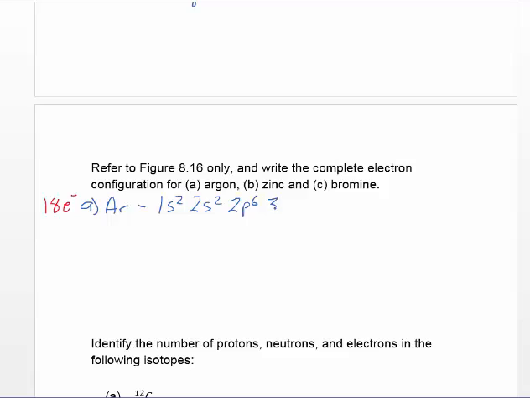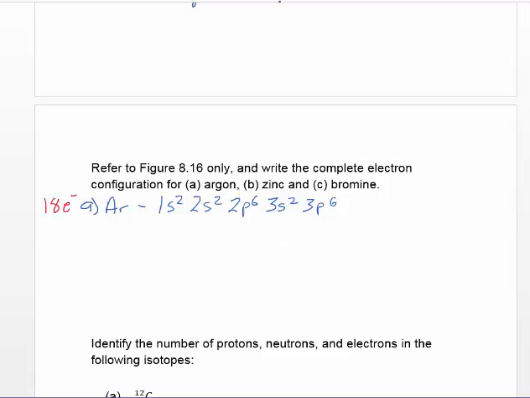The next thing on that chart is the 3s level. Again, the s's will only hold 2, so we're up to 12. And then finally, if we do the 3p6, and we add these up, we've got 6 plus 2 plus 6, that's 12, 14, 15, 16, 17, 18 electrons, and that would be the complete electron configuration for argon. So we just go along that chart, follow along that little snaking line and fill in,